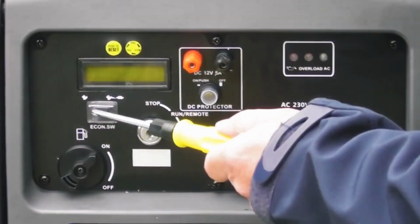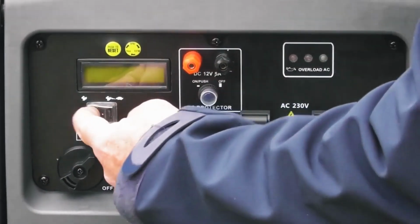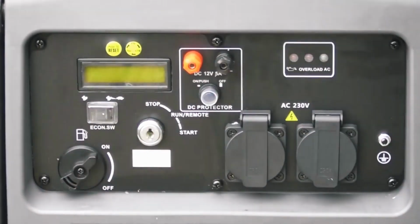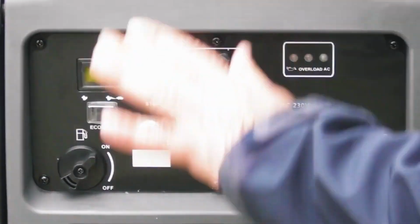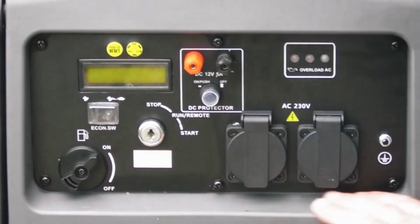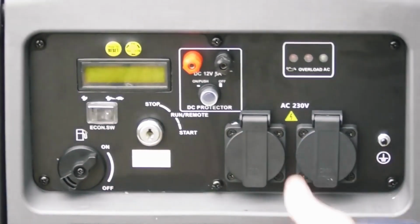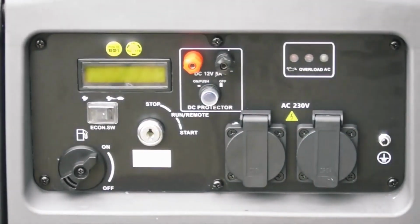Okay, so here we have the eco switch with the hare and the tortoise. Obviously the hare position lets the engine run at its standard speed. If you push it across to the tortoise position, it will drop the engine speed, saving you fuel, which is ideal when you've got very light loads. If you're going to apply a larger load, you need to turn it into the hare position, ready to accept